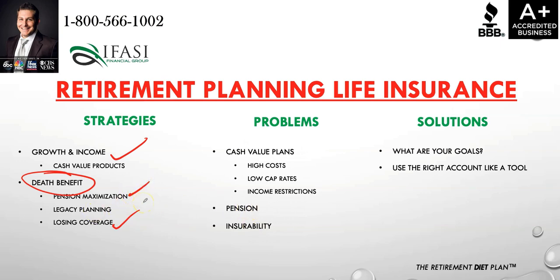So this could be for an individual that, let's say they're going to receive X amount of dollars because they're going to be receiving pension income for a single life. But then if they receive joint life income, it's going to have a substantially reduced monthly income amount. So there's different techniques on those pension maximization strategies that an individual could take the single life option, take out a life insurance policy, a permanent life insurance policy on themselves. And if that permanent life insurance policy is cheaper than what the reduction of the single life to joint life would be, it makes mathematical sense to do so. So if that sounds confusing, just kind of bear with me on it. I'm going to show you different examples.